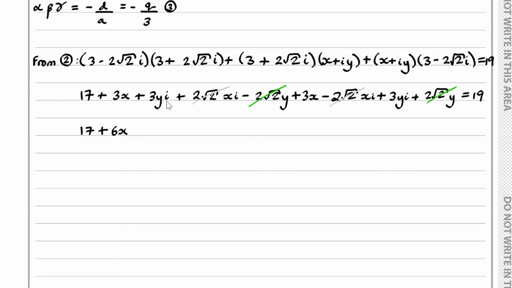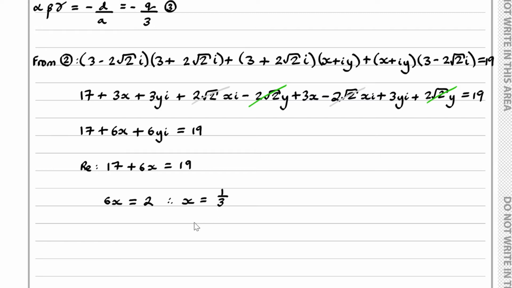And then 3yi plus another 3yi, that's 6yi. And all of this is equal to 19. And to find out the values of x and y, we can compare real and imaginary parts. So, if we compare the real parts, we have 17 plus 6x, and this is equal to 19. So we've got 6x, which is equal to 2, and therefore x is equal to